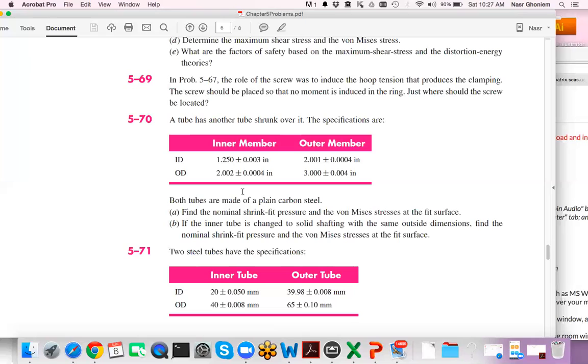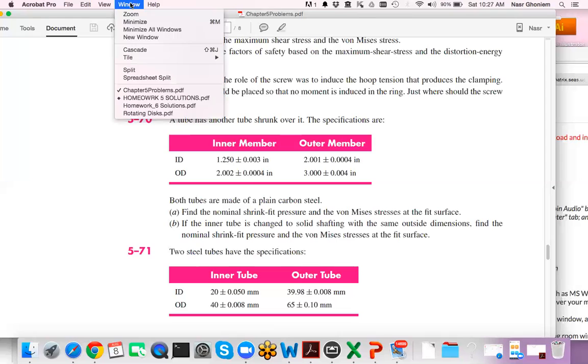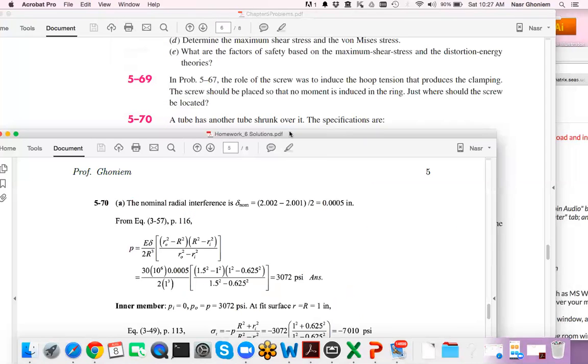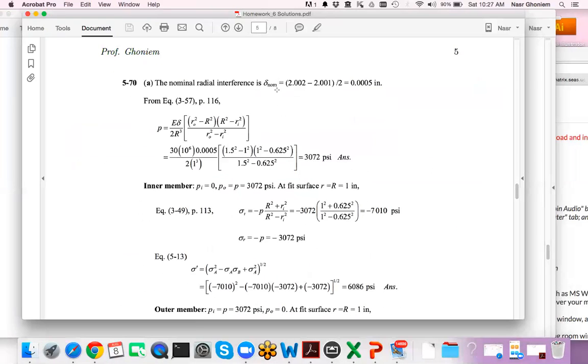But now the problem is that when you start rotating, so let's just discuss this first, finish it, and get into the rotation idea. If I go here to the solution, this is the nominal interference,